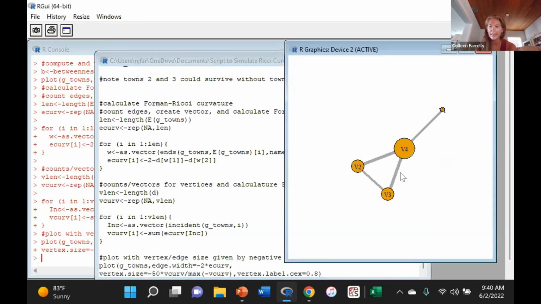And here we see, as we'd expect, our central vertex is pretty important still, but we can see that we have these secondary connections that can help with the vulnerability. So our towns 2 and 3 also are important to the supply chain. Less so is this town 1, which is very dependent on the other areas to be able to get its supplies. So this can be really important for understanding problems like this of resource allocation and understanding vulnerabilities within supply